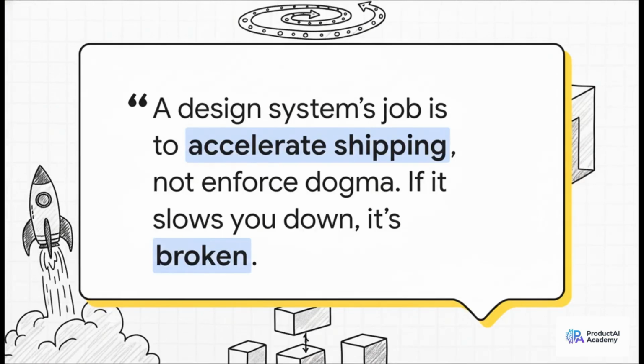I want to leave you with this final thought. The whole point of doing all of this is to help your team move faster and build better products together. A design system should be an accelerator, not some strict rule book that just gets in the way. If you find that your system is actually slowing people down, that's a sign that it's broken and it needs to evolve. So my question to you is, what's the one thing you're going to systematize in